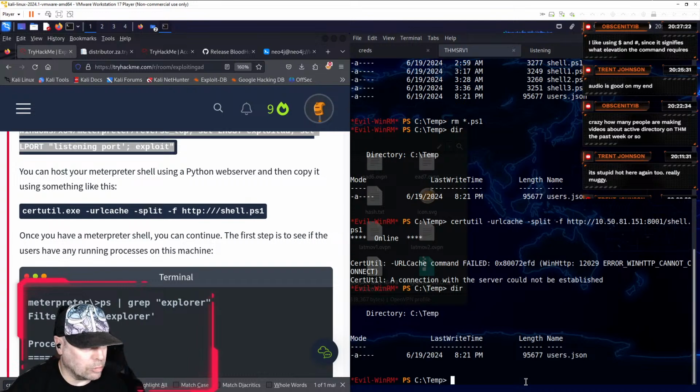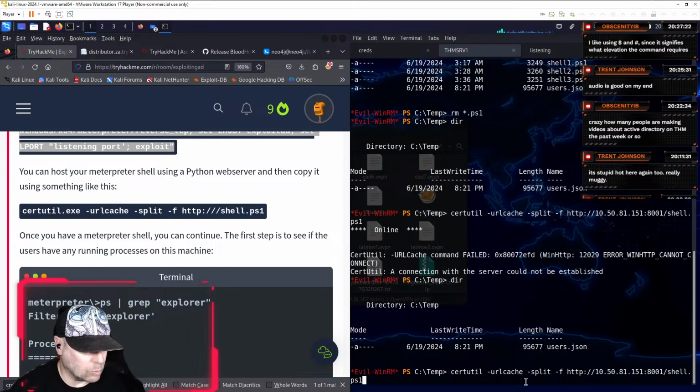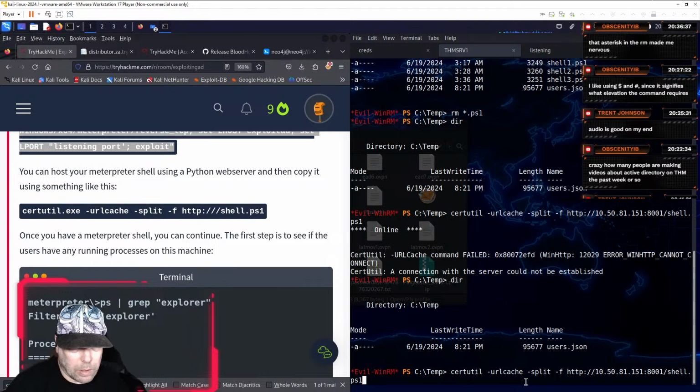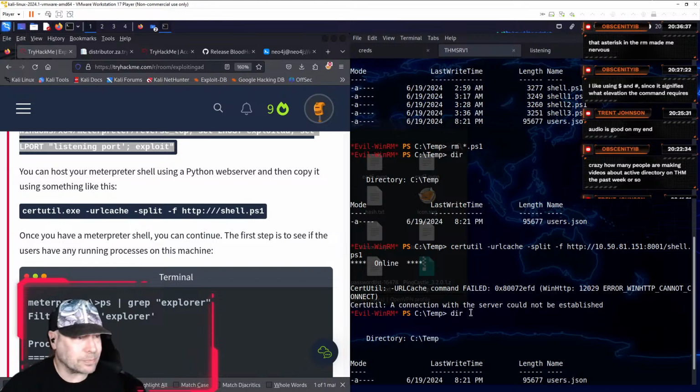URL cache, certutil URL cache split of HTTP out. What's wrong? Yeah, well, I want to get rid.